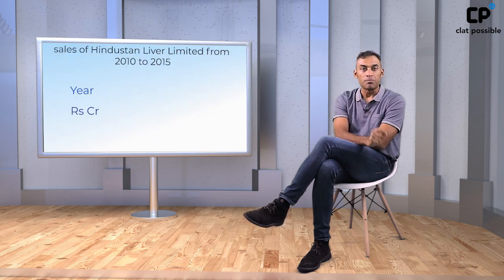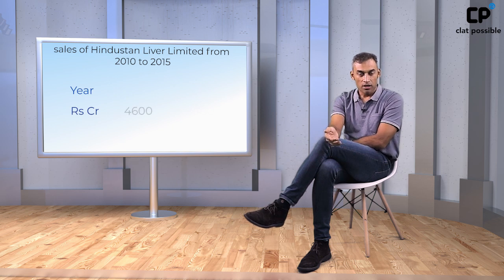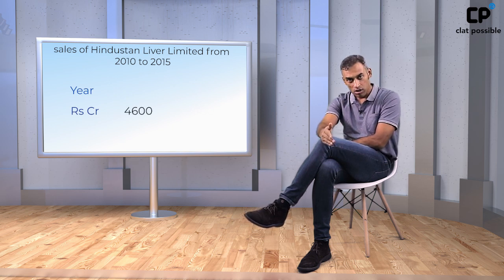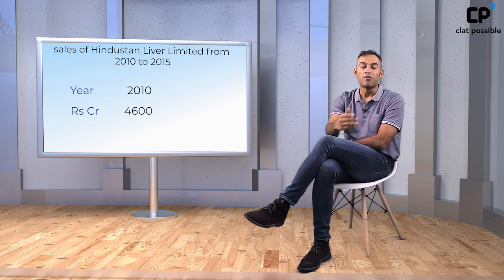Now, what is it that we have to be comfortable with? You have to be comfortable with ratios, multiplying factors, and the change, percentage change, etc. Now, to give you the very, very basics of how questions come in a table form, let us take an example here. Suppose sales of a company, let's say Hindustan Lever Limited, is 4,600 crores in 2010, and in 2015 it has